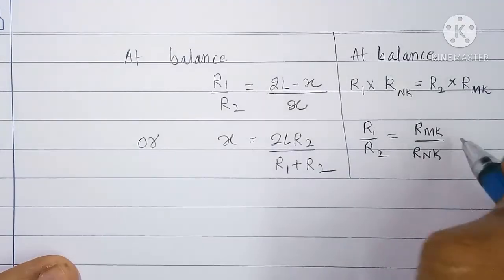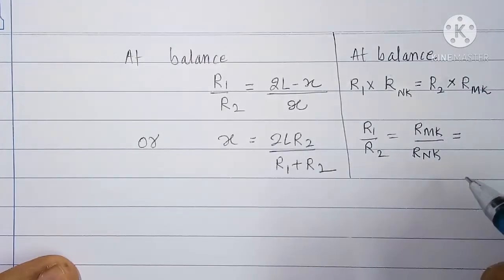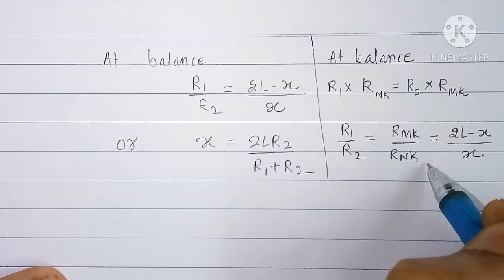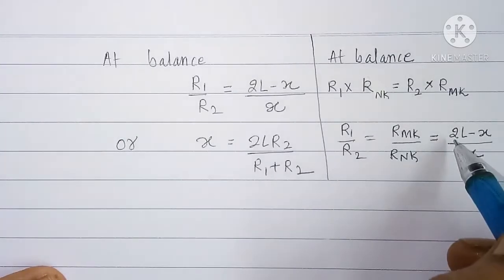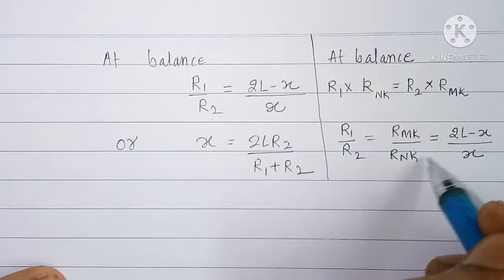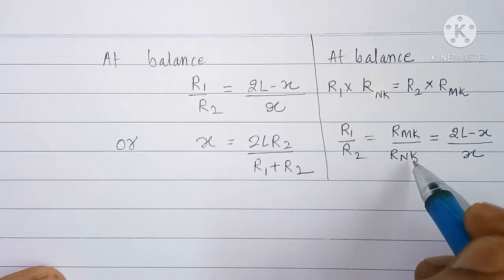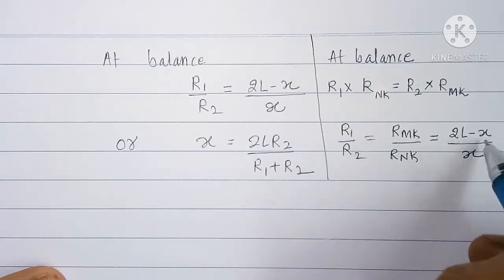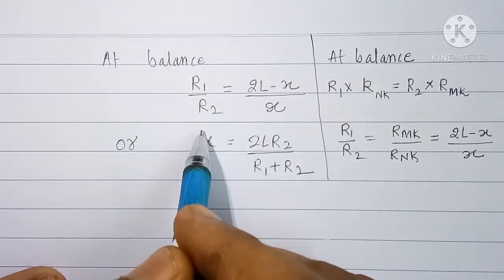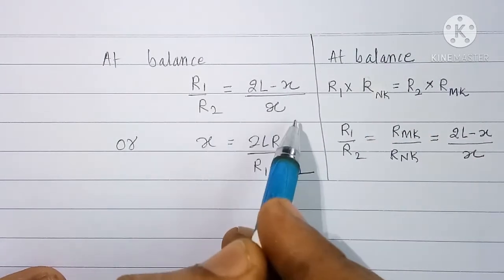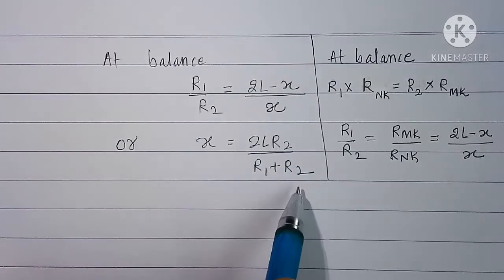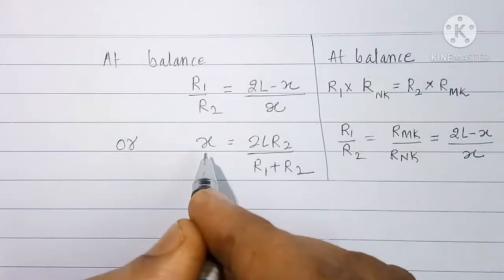For same cross sectional area, Rmk and Rnk are proportional to length of cable MK and length of cable NK. So we can write Rmk upon Rnk equal to 2L minus x upon x. This way we have written R1 by R2 equal to 2L minus x upon x. And simplifying for x, we get 2L R2 upon R1 plus R2, where x is